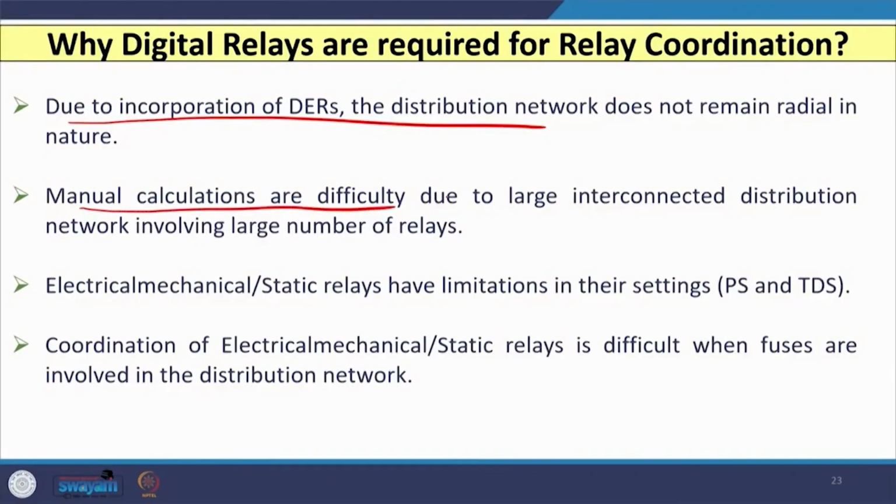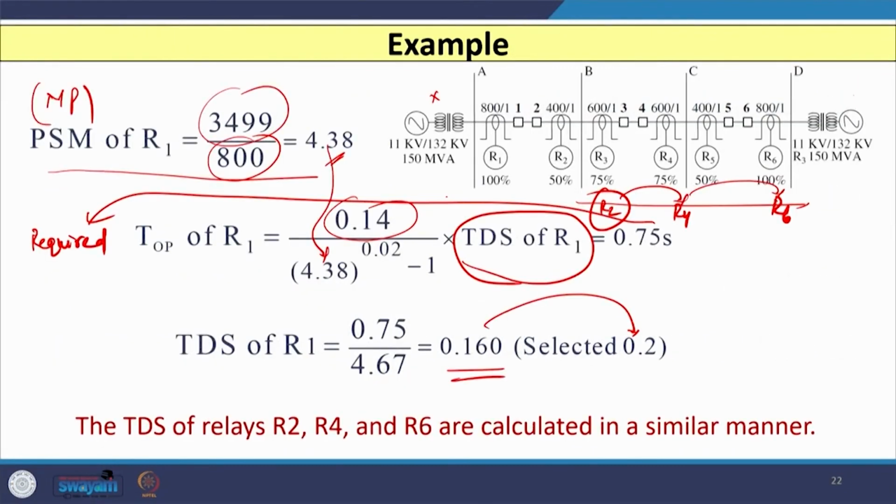Manual calculations are very difficult, as I showed you in the example. This is a very simple network, but if I have a ring mains network or an even larger network with a large number of relays, then it is very difficult to carry out these calculations manually. It is very complex,